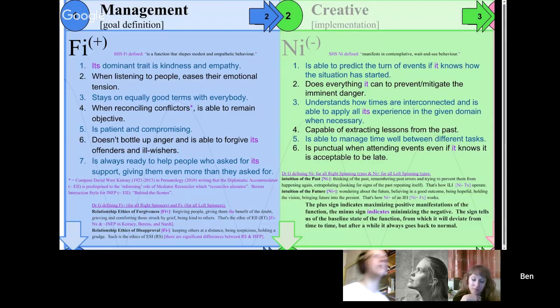Although I've heard it said by 9s, paradoxically, this is why I find it so hard to understand 9. They can have an 8 wing or a 1 wing, which seems completely opposite from the 9, where with a 1 wing you suddenly have all these opinions about how something should be, or with the 8 you're suddenly not accommodating but will stand up for yourself and give someone a punch. So it seems paradoxical. Yeah, I think Enneagram 8 is even harder to imagine.